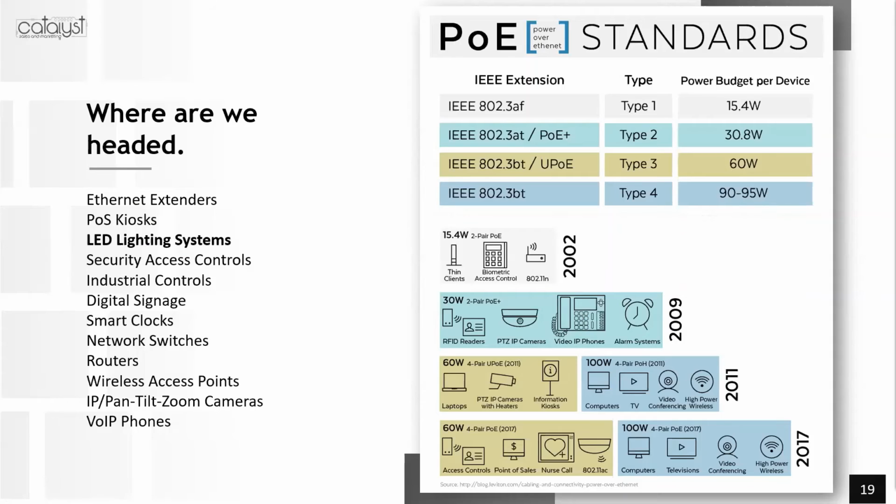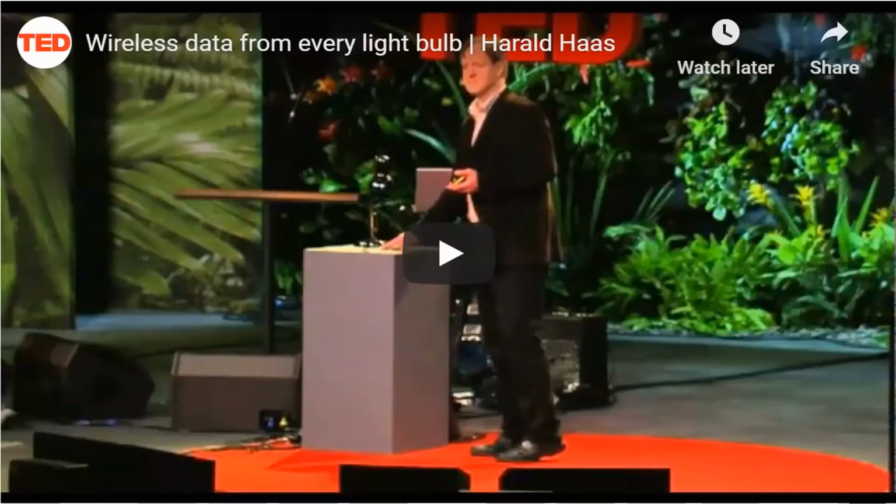So last, and really what we all came here to see and what we all lost some sleep over last night because we were so excited to learn about is LiFi. If you haven't heard the term already, LiFi stands for lighting fidelity or lighting Wi-Fi. So yeah, LiFi is a visual lighting communication. And what is it? It's wireless data from every single light bulb or every single light fixture in a space,